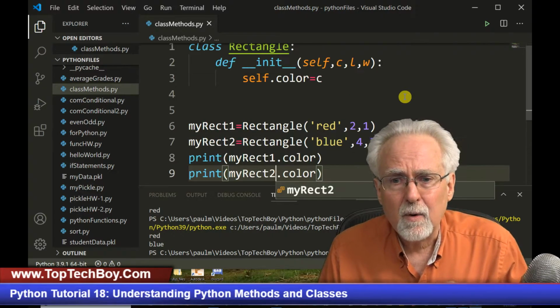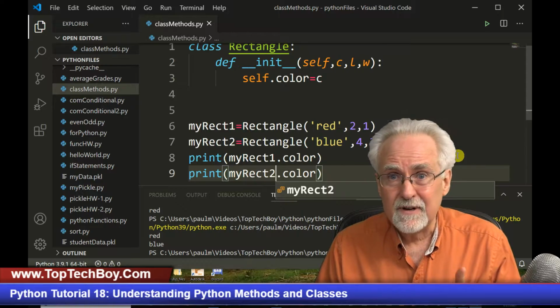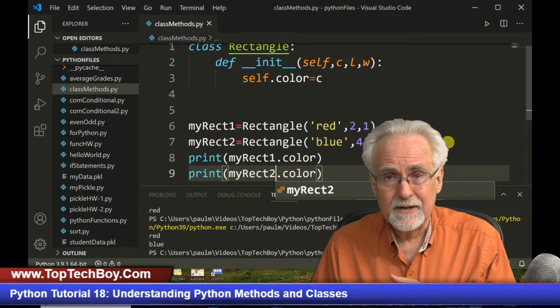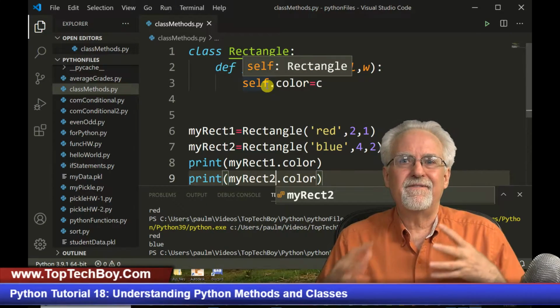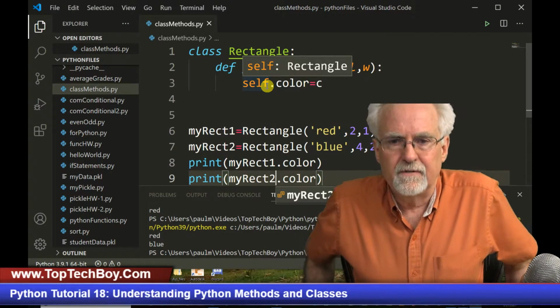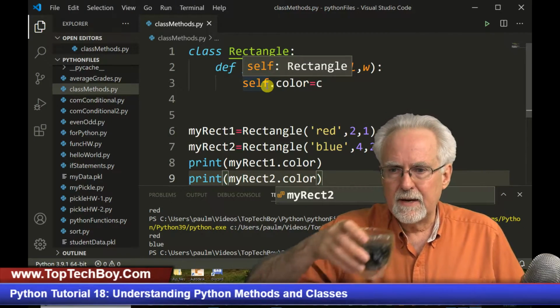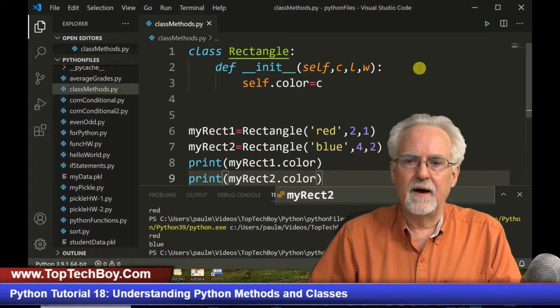Do you see the power of this? When I create my rect2, it still remembers everything about my rect1. When I do my rect2, it doesn't mess up my rect1. So this self construct is a way that you can keep track of lots of different rectangles. So what else am I going to want to do? I want to keep track of